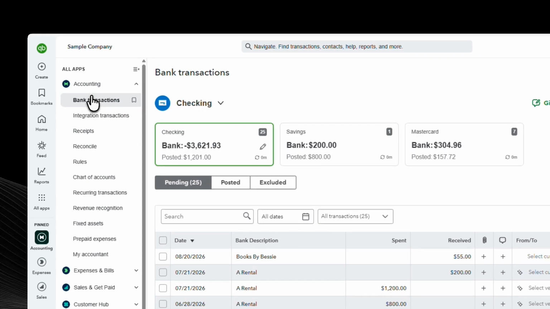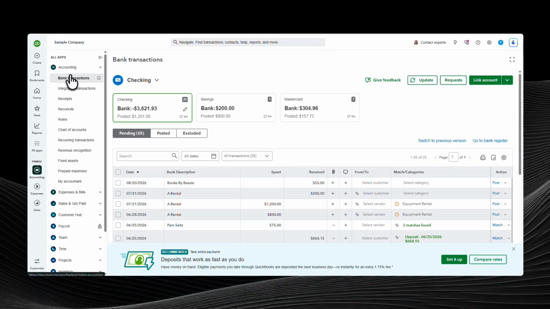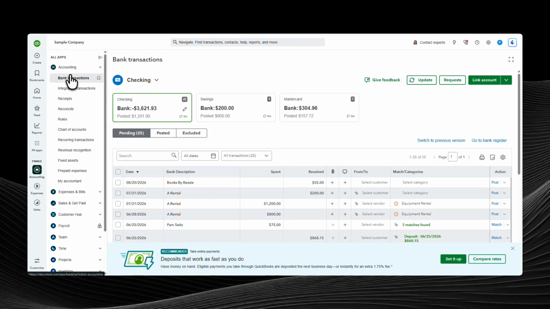Once you're in that section, click on the Bank Transactions tab. This is where QuickBooks shows the accounts that are linked to online banking, along with any transactions that have been downloaded for review. Taking a moment to confirm you're in the correct tab can help you avoid making changes in